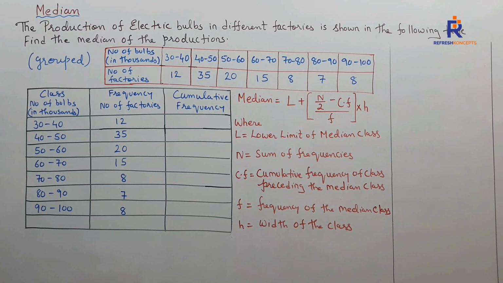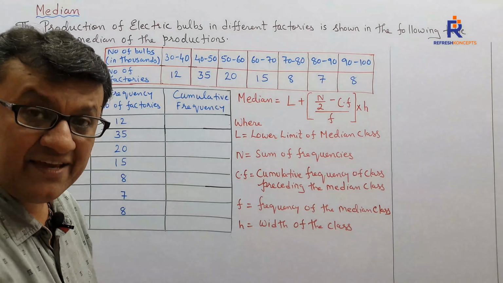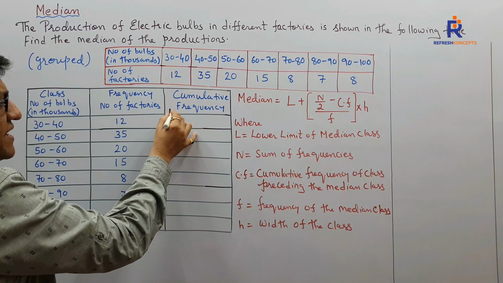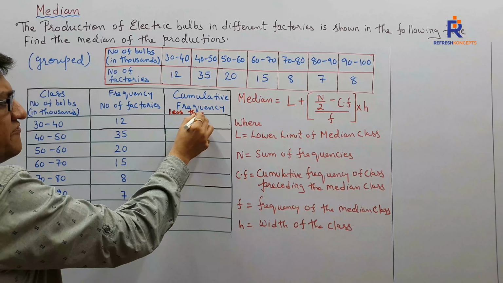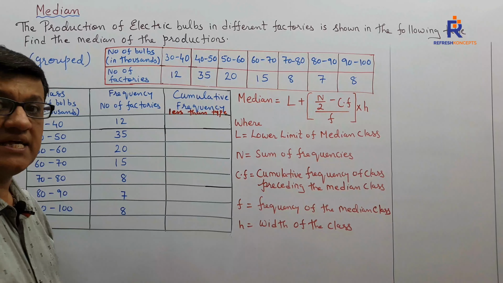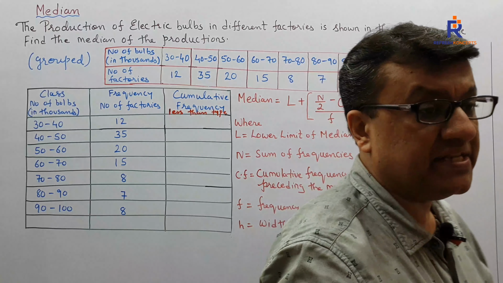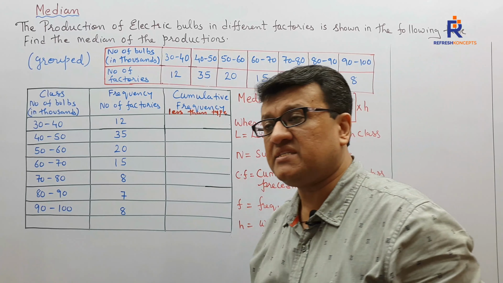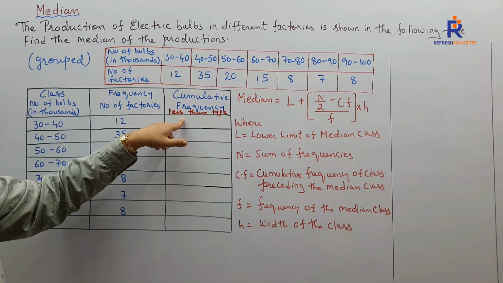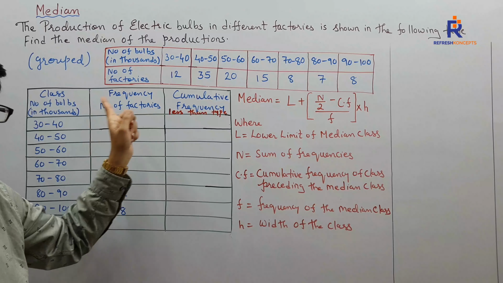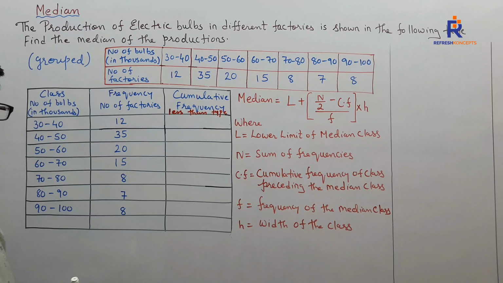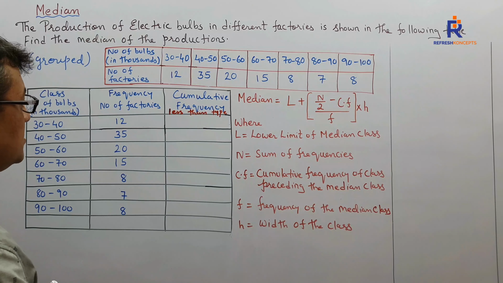Cumulative frequency. We always go for cumulative frequency which is less than type. I have made you understand in my earlier videos that there are 2 types of frequencies, less than and more than. This is less than type, mind you. So what is the third column? Third column is to find out the cumulative frequency less than type. You remember that Z shape is what I told you while explaining cumulative frequency. If you have forgotten, refresh your concepts, children.